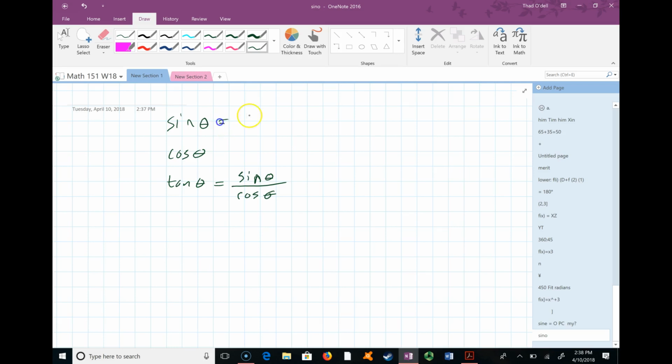And we know that sine is opposite over hypotenuse. Cosine is adjacent over hypotenuse. And tangent, of course, is opposite over adjacent, but it's probably just as easy to remember that it's sine over cosine. So the 3 reciprocal trig functions